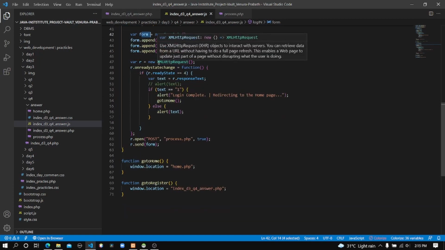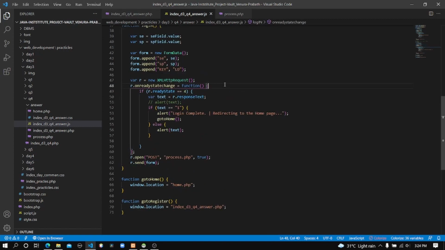And after that here I created the Ajax object. I talk about this Ajax object a lot. In a nutshell, we usually use this Ajax object to send details to a separate file in the server to process, but it will not reload the user's current page. So it will be more user friendly than the default way of form submitting. Okay, that's the reason why I use the Ajax object.